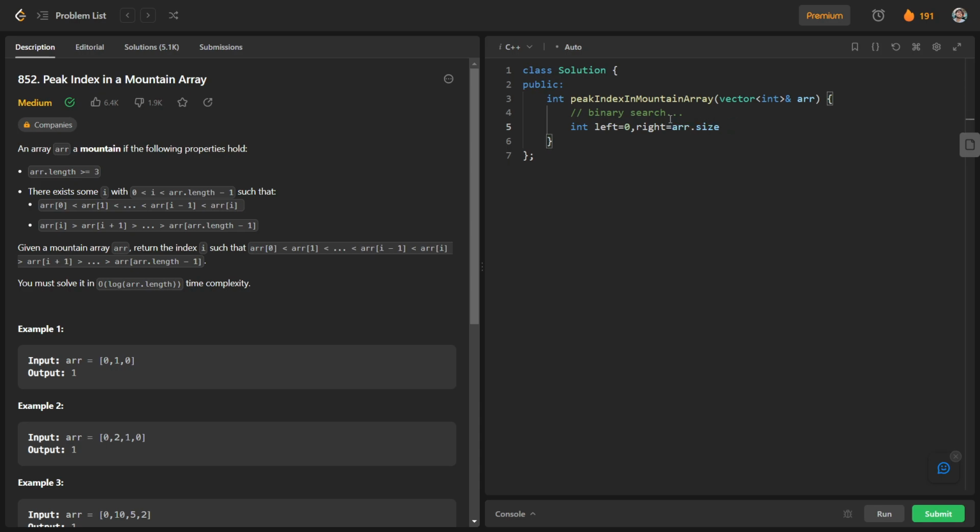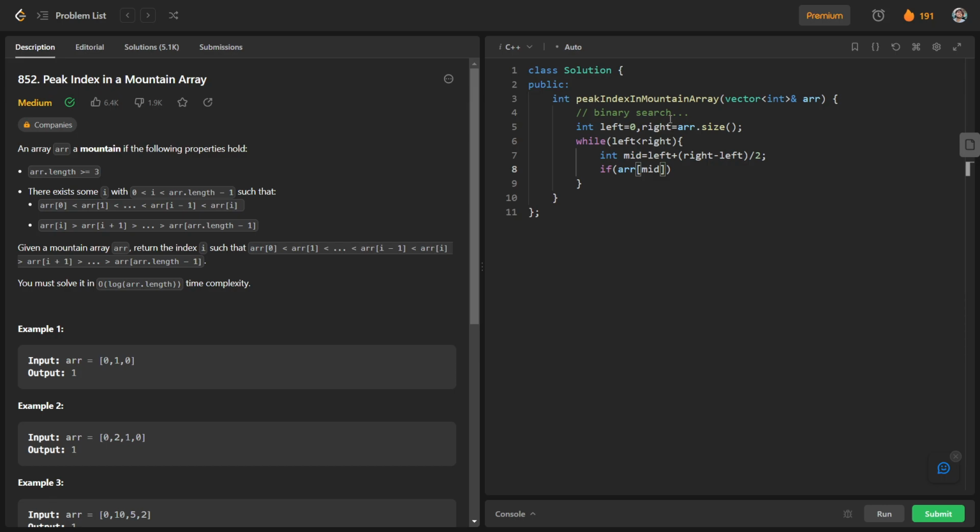And we will have a while loop while left is less than right. We will have an integer mid, which is left plus right minus left divided by 2. And for this index we will check whether it is greater than its next element or not.